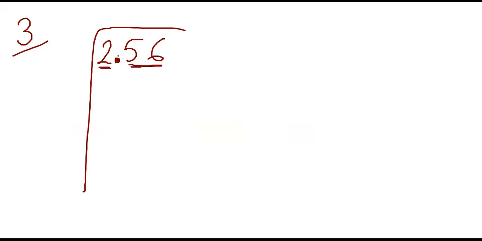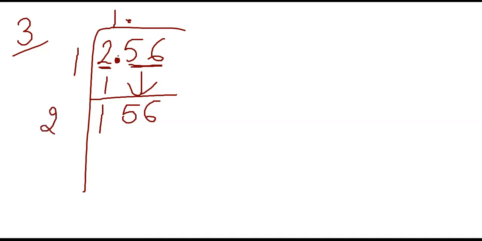Before the decimal you have 2. So how will you do it? It will go on one square number because 2 2s are 4. So 4 will not go, the next square number is 4. 4 will not go. So we'll take 1. It will go on 1. Then remainder 1. Then the decimal comes, put the decimal in the quotient. The next step, take down 56. Okay, after that you will take 56. And then 1 plus 1, 2.